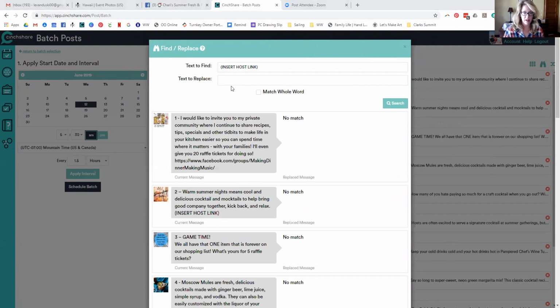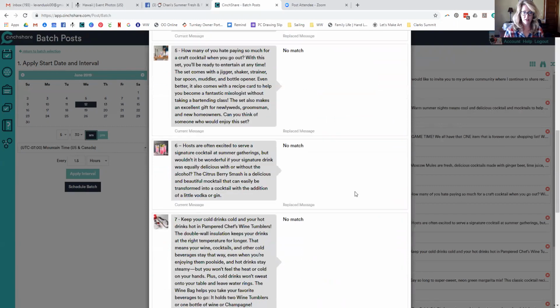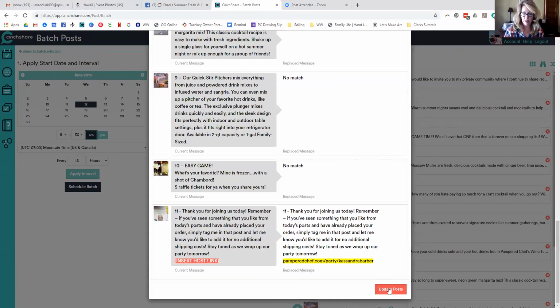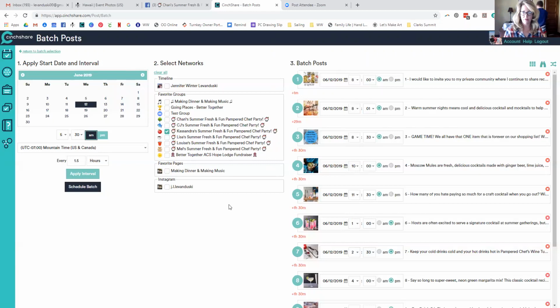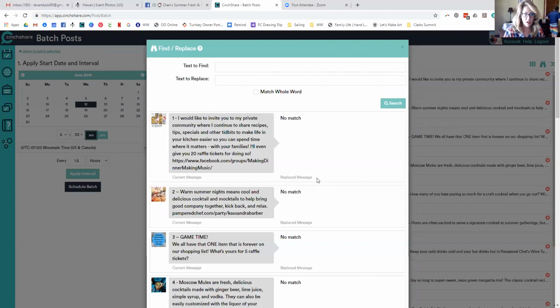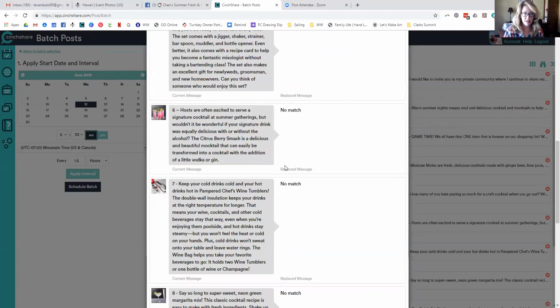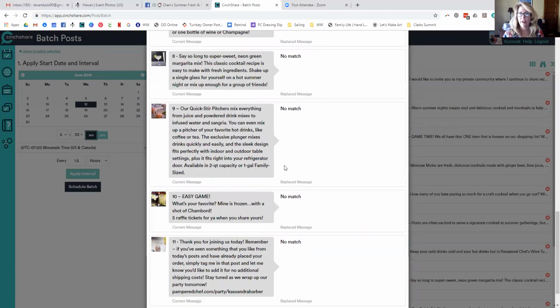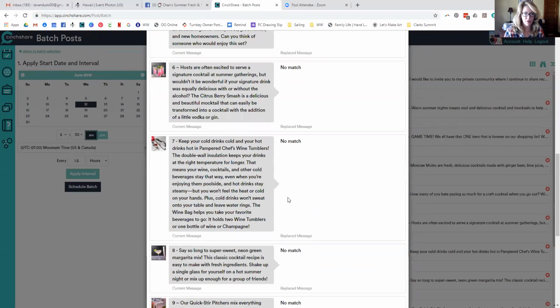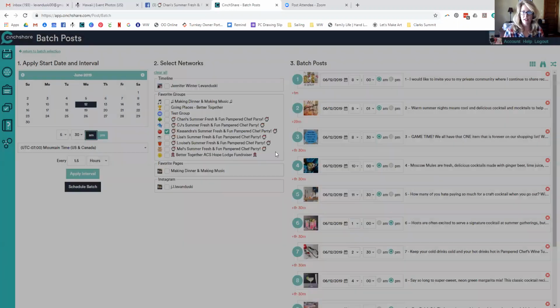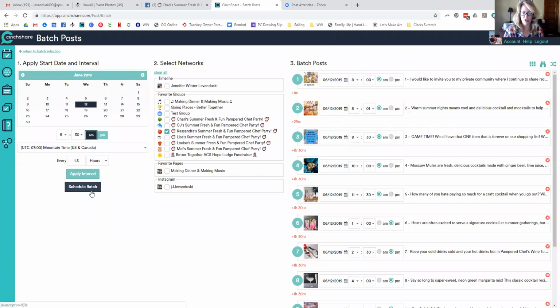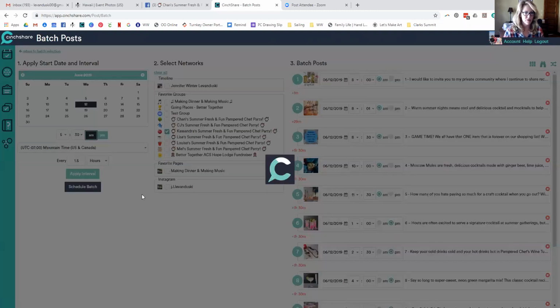Copy the link right there. Search. Okay, update the posts. Okay, Blake, you can excuse yourself, please. Thank you. All right, search any more through here, see if there's anything that needs to be replaced. Okay, I don't think there's anything else. Good deal. All right, so just X out of that. And I'm just glancing through, making sure everything is right. Schedule. And now I'm ready for my last day.